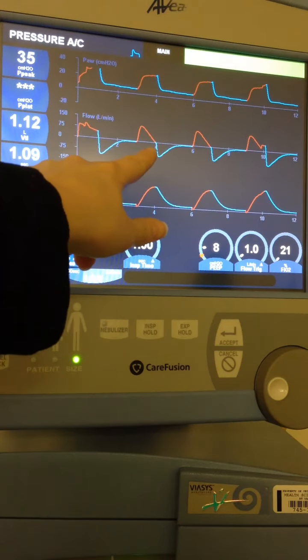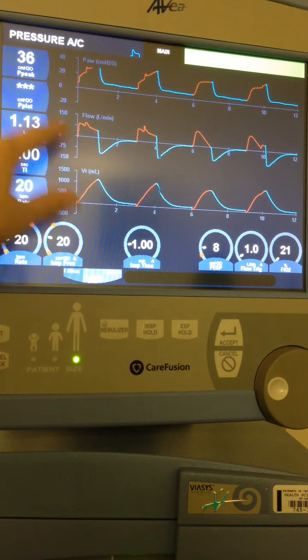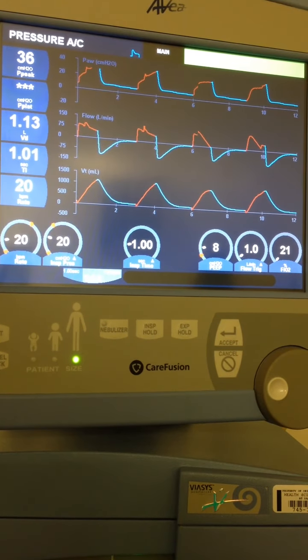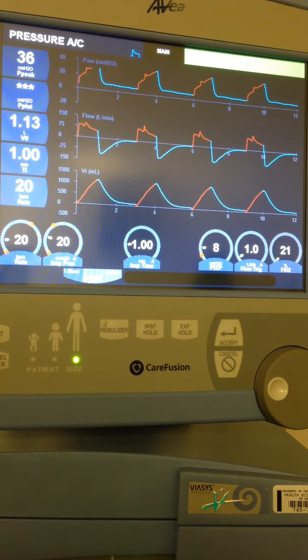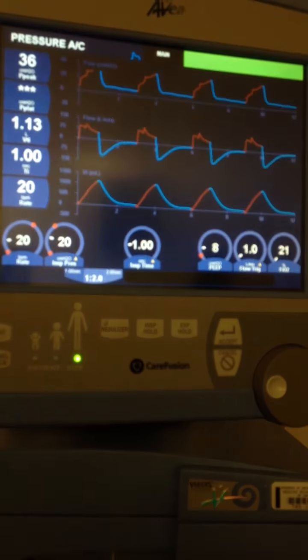So look at our waveforms, what they were, and look at how they've changed. Also, our peak pressure was about 30, and you see that we've had about an increase of 6 centimeters of water pressure. So essentially what the ventilator does is